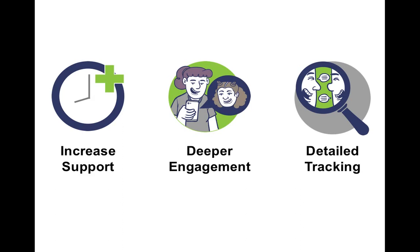And finally, the biggest piece is, since all of it is going through online software, you're able to track every single conversation, every word, every text message, and identify trends that help you see where your Gear Up grant is providing the most impact. And you're also able to see the biggest trends on what the biggest challenges are for your students, and then be able to support that community and the content you're curating online by using online software that allows you to